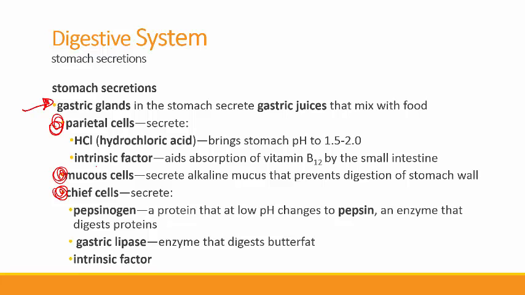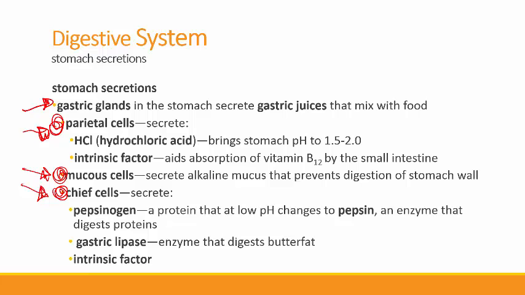Parietal, remember, means wall. So these are all found in the wall of the stomach. But how I think of the names and remember what they're doing is that the chief cells provide the chief digestive stuff. The parietal cells are just there in the wall, and the mucus cells, of course, we're going to see that